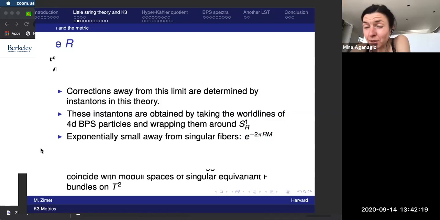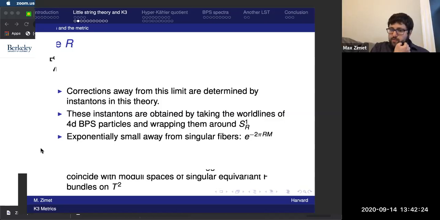And the 4-dimensional theory we're talking about here is little string theory on T2? Exactly. It's BPS. And yeah, so the 4-dimensional theory you can think of as being dual to a D3 brane probing F theory on K3, and the 3-dimensional theory is dual to an M2 brane probing M theory on K3. So the 4-dimensional picture is useful for talking about BPS states, which provide these instantons, and the 3-dimensional picture is useful for seeing the metric. That's the frame where you actually see the whole K3 surface.